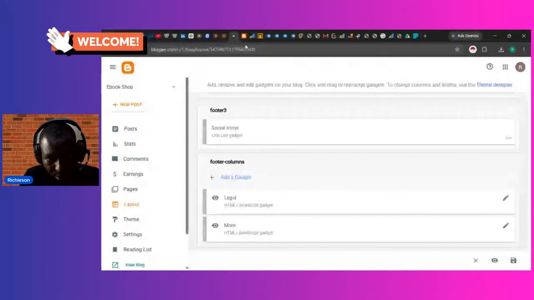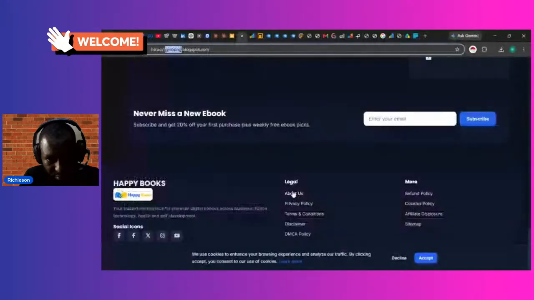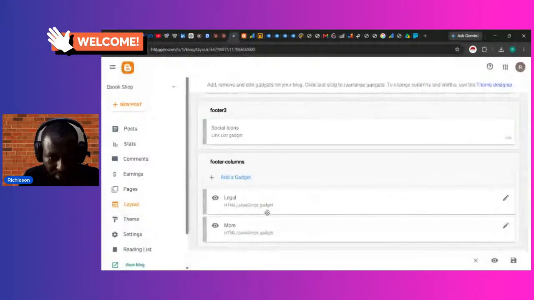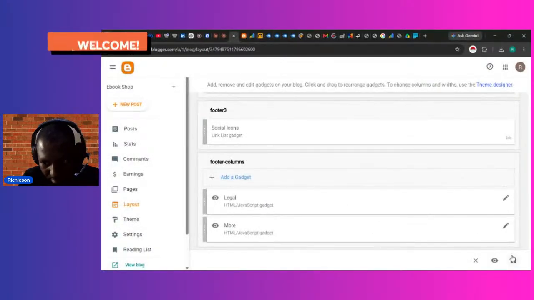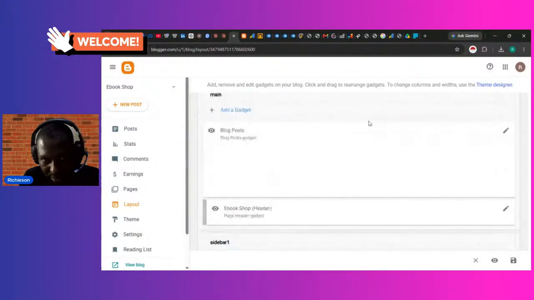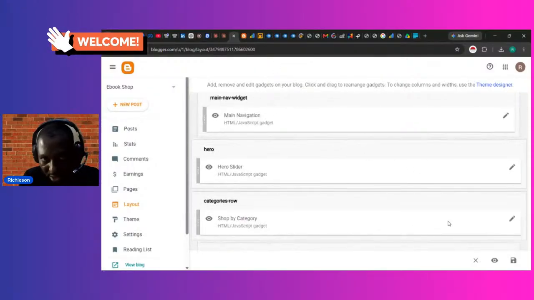I always make sure you created a page for about us, privacy policy, terms and conditions, disclaimer, and all those things. Then you can fix that thing over there. So once you're done with all this, it makes it simple for you to edit it to your description. Then click on save. Once it's done,